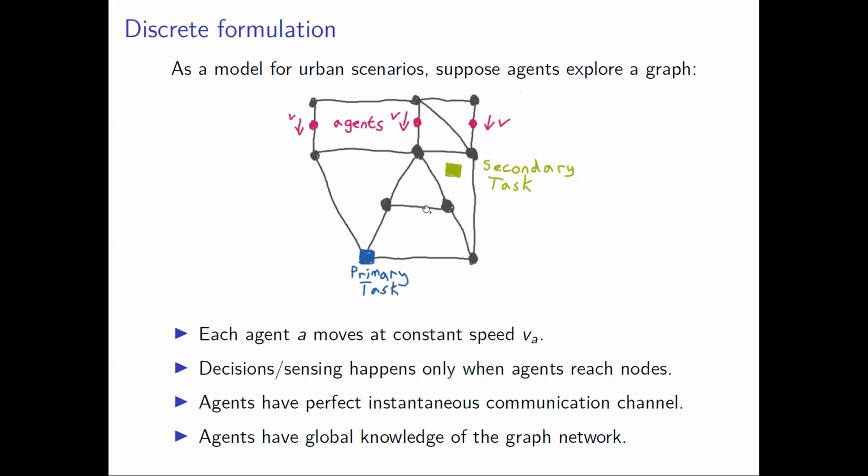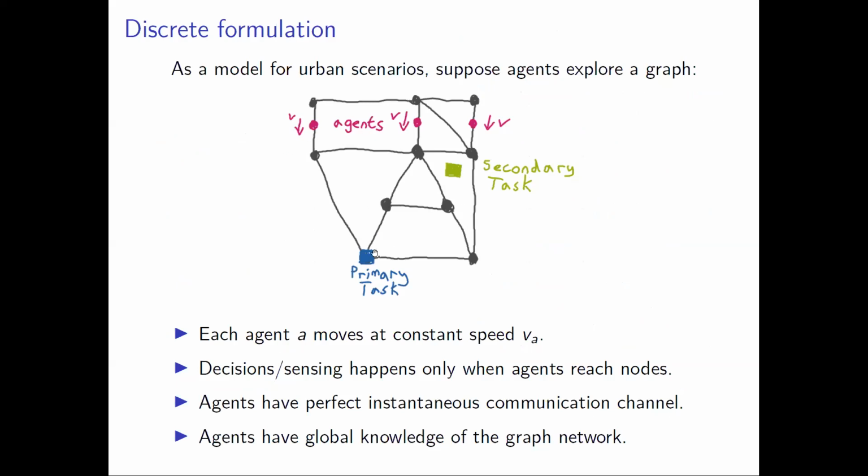So to kick you off with the first version of the discrete formulation, and then I'll be handing you to Jari, who will show you some implementation and computation. This is what we've got. It's a graph. The agents might be starting either at the same or different nodes on this graph. They're going to traverse through the graph. They're all going to try and get to the same node within a given time window. We call that the primary task.